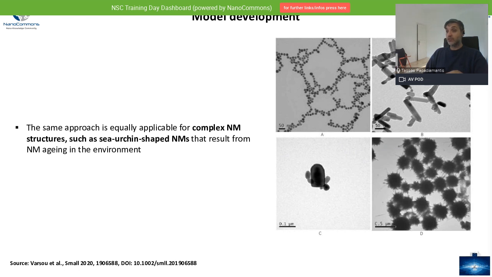As you can see here, we used spherical, rods, plate-like, and sea urchins, which are Syrian nanomaterials that were aged in phosphate for around 21 days. We then changed the filters and the threshold algorithms a bit in order to develop the tool, and applied all this to the images.